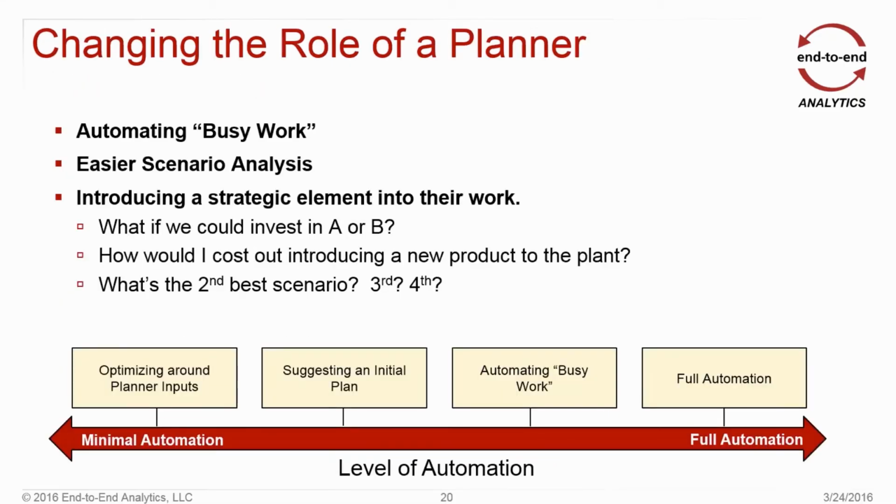So in both the second and third example, one of the things to keep in mind is how we change the role of the planner. It's very important to think about not just what optimization is doing, but how it fits into the planning process. There are many scheduling applications where the problem is not always creating the first schedule, it's recreating the schedule when something goes wrong. Being able to have a tool which quickly helps you get back to normal is something you're not always going to be able to capture in the costs up front, but it's quite valuable.